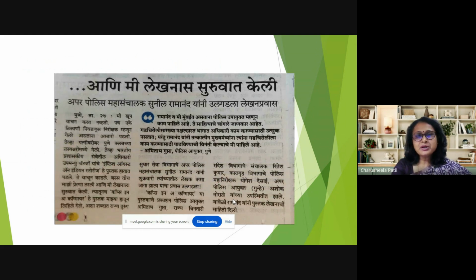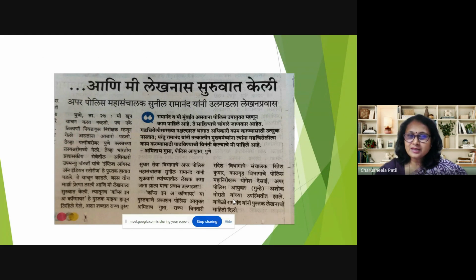This particular slide I was about to talk about is actually in Marathi, but I have purposely included it. The reason is that it is not only those people who belong to the humanities, in the sense of language or literature background, who can write. No, that's not like that. This is something here, if this one, the DIG of police, Mr.